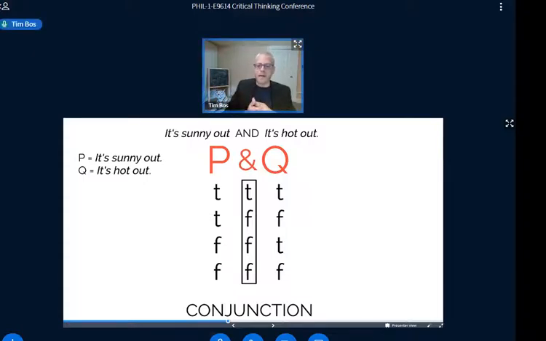Now, remember what we said earlier. When is an AND statement true? If I tell you that it's sunny and hot out, what would have to be the case for that statement to be true? Yeah, both statements have to be true, right? And so that's why, when you look at the middle column,